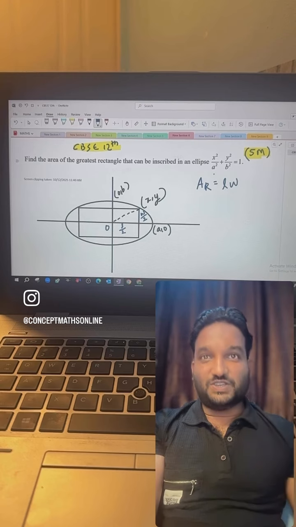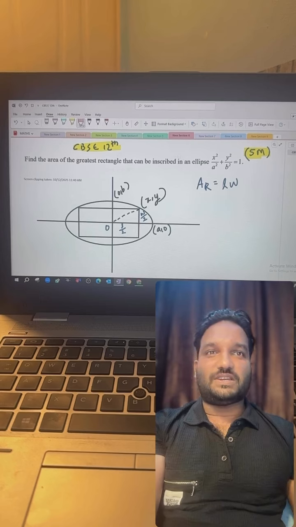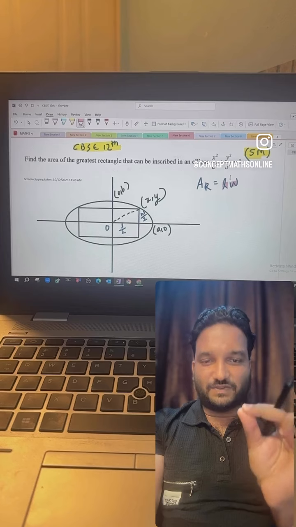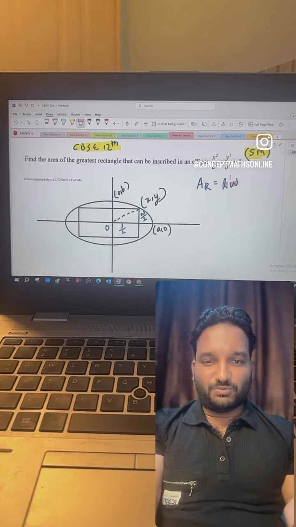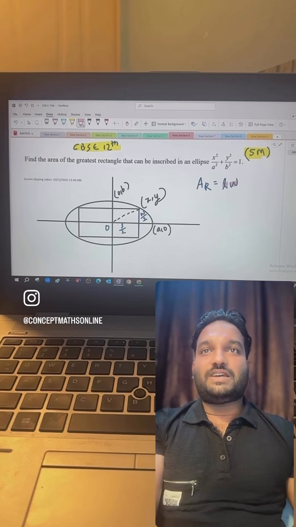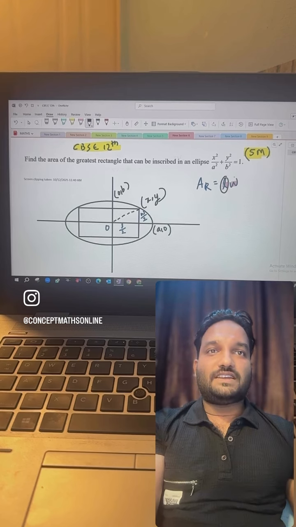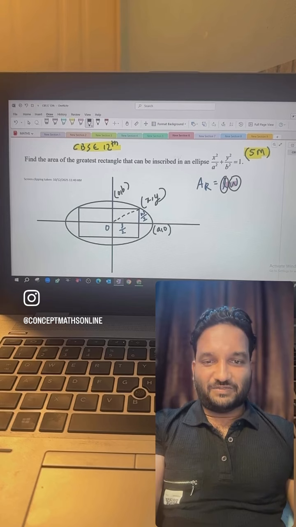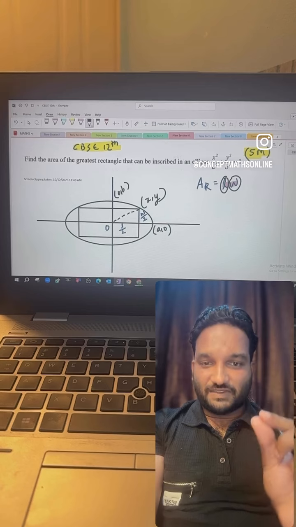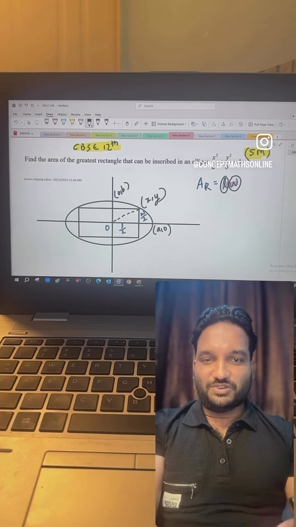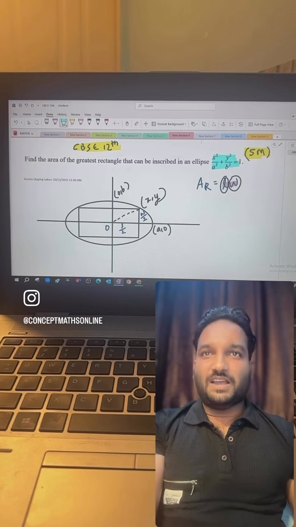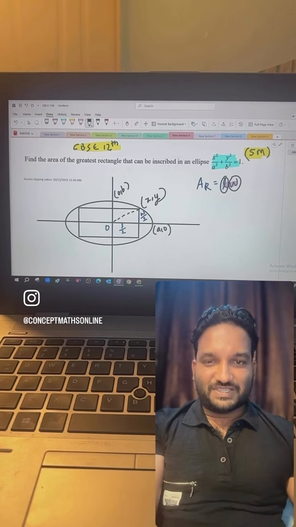After this, you need to eliminate one of the variables, not in this format. Always, if you write the area or volume formula first, it contains more than one variable. How many variables here? One is length and the other is breadth of the rectangle. One variable you need to eliminate. For that, some condition will be given in the question, sure, no doubt. So that condition is the ellipse equation you can utilize. How will you eliminate L or W using the ellipse equation?